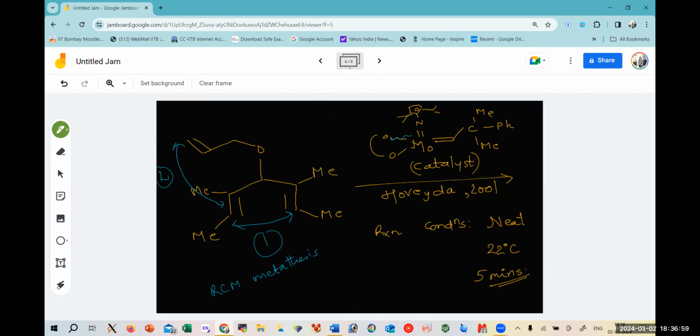And if you have the possibility of combining two alkenes in different ways,